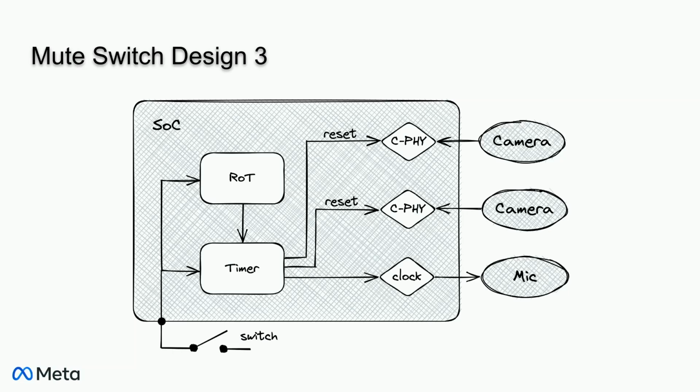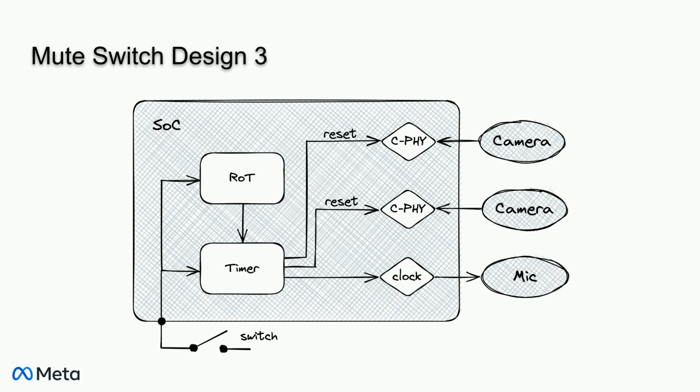So one way we can address some of these challenges is by taking the design and moving it into custom silicon inside the system on a chip. In this design, the switch is wired directly to our system on a chip and routed internally to two places. The first is an uninterruptible timer, which delays for a few hundred milliseconds and then shuts down the sensors. The second is the root of trust, or firmware in the root of trust, which becomes the system that is responsible for notifying the operating system and bringing the sensors and related components down cleanly and smoothly